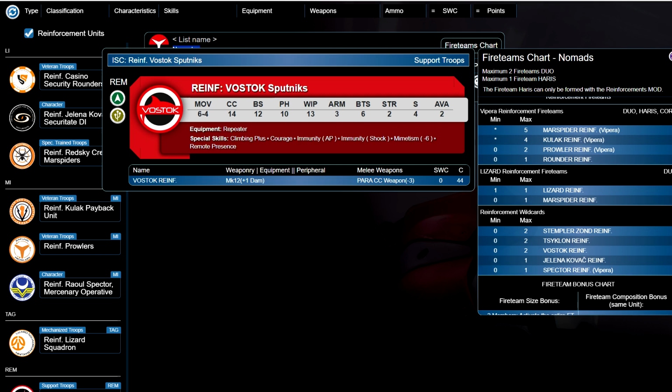The Vostok is the big daddy Sputnik. Why did I say that? And is again basically the same, but it's actually good. With 2 structure, min-6, and immunity AP, it's fantastic. As mentioned with the Lizard, this is our second tripper with 2 true wounds or more, and it's a good